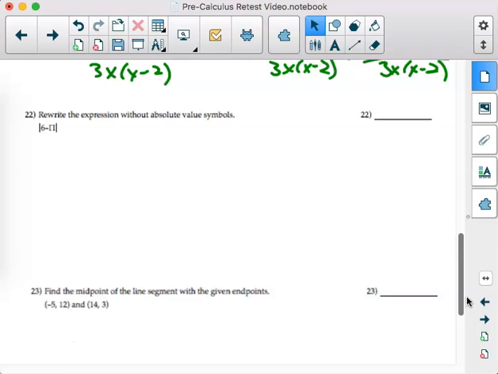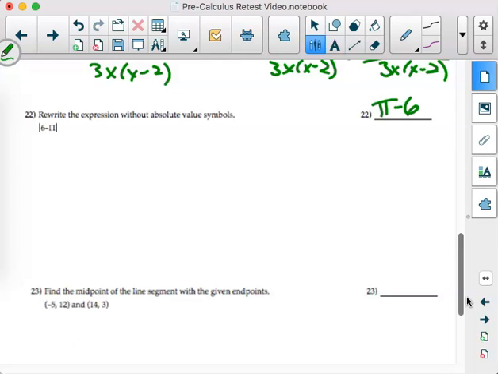Number 22, this one says rewrite the expression without absolute value symbols. So what you want to do is think, well, 6 minus pi, that's going to be 6 minus 3 point something. But that's negative, and this is going to make it positive. So just using 6 and pi, how could I get it to give me the exact same value as that positive number? Well,